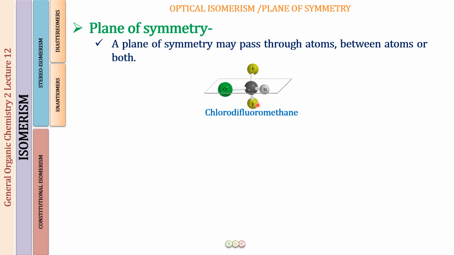So if that playing card now is a mirror, you will understand that these two halves that we have created are going to be the mirror images of each other. So we have found a plane of symmetry in this molecule, right? And if there is even one plane of symmetry which you can identify in a molecule, that molecule is definitely going to be achiral. It cannot be chiral, it will not show optical activity, it will not have an enantiomer. Okay, I hope this is clear to you people.